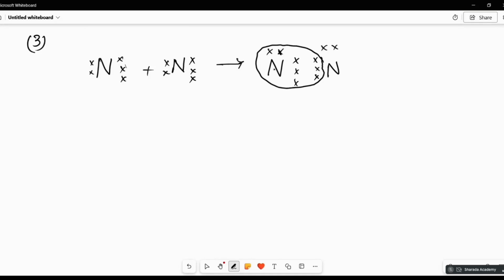So for this first nitrogen: 2, 3, 4, 5, 6, 7, 8. These are the 8 electrons which are revolving around this nitrogen. For the second nitrogen,